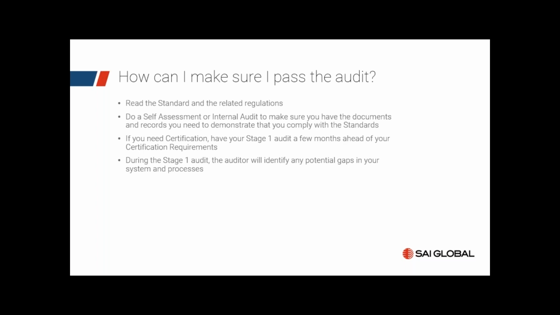It's really good if you do a self-assessment or an internal audit first to make sure that you've got all the documentation records you need to demonstrate compliance. And of course, we're looking for evidence. So if a police check is needed, we're looking for evidence to see that that's being conducted. If you need particular insurance, we're looking for the evidence to make sure that that's in place. Or if there are policies or procedures required, we're looking to see that you have those documented and in place.